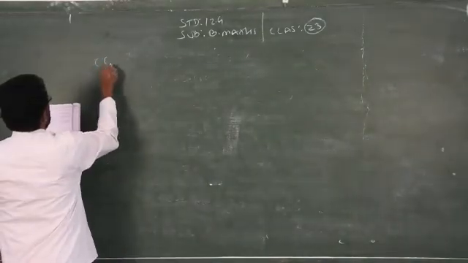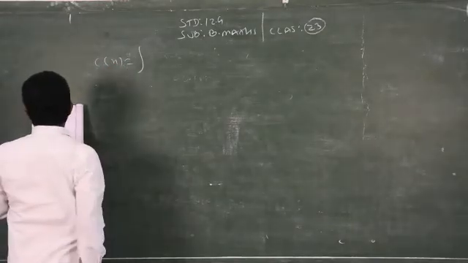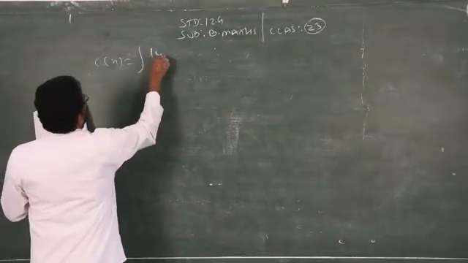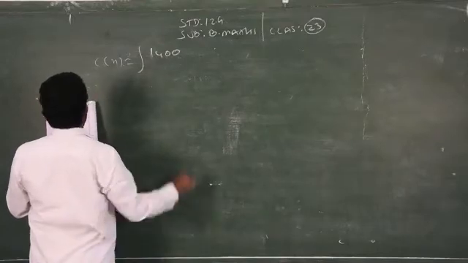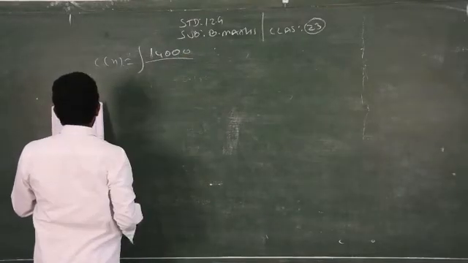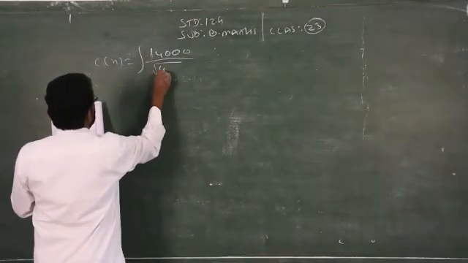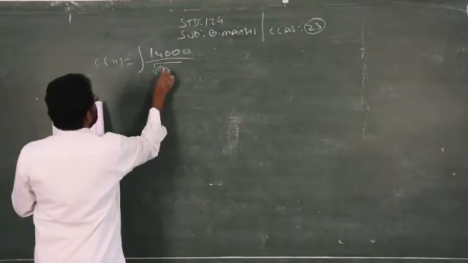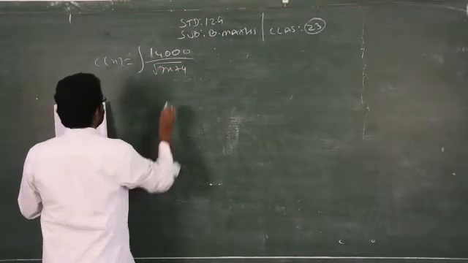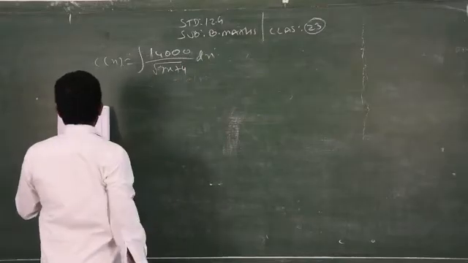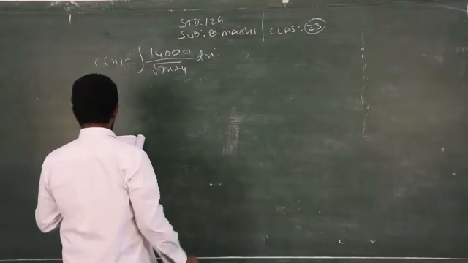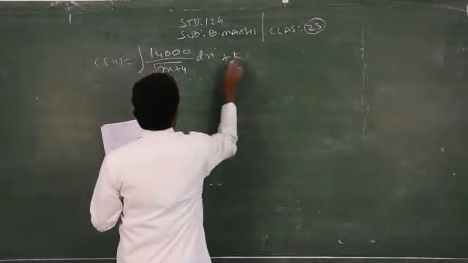C'(x), the marginal cost, is given as 14,000 by square root of 7x plus 4, dx. Here there is no information about the number of units, therefore you have to take